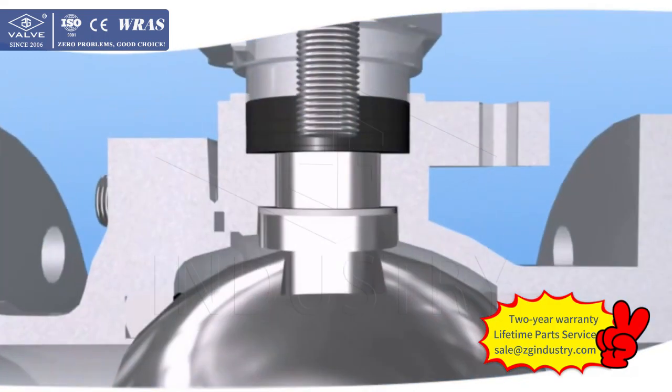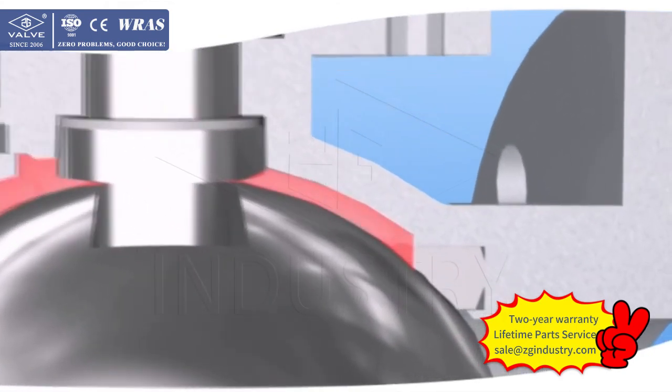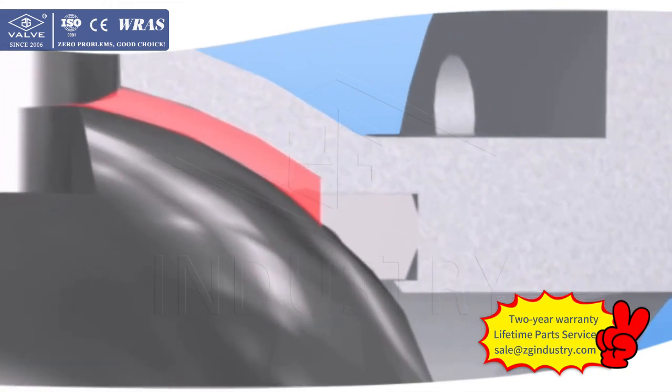6. Middle cavity self-relieving structure. The medium in the middle cavity may have abnormally rising pressure caused by medium temperature changes in the piping system. On this occasion, the medium in the cavity will be relieved automatically, thus realizing the self-relieving function. This will be very helpful for